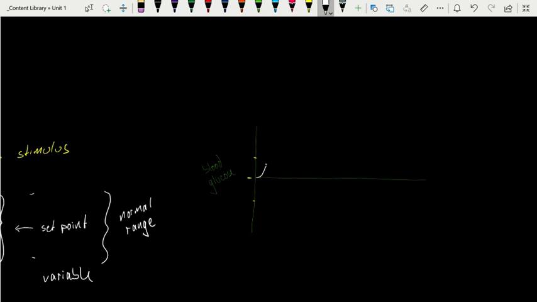But then what happens? The blood glucose, as it increases, triggers cells in the pancreas to release insulin. And the job of insulin is to act on adipocytes or skeletal muscle to open up glucose channels to let glucose into the cells. And as glucose moves from the blood into those cells, blood glucose levels begin to go back down. And in fact, they go down below my set point.